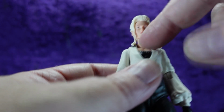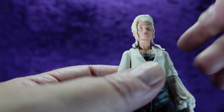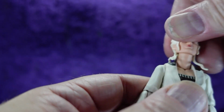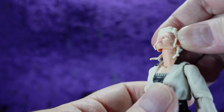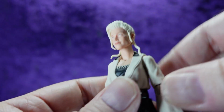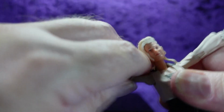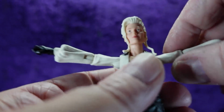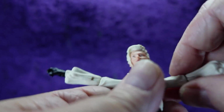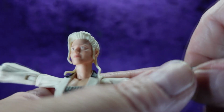She has the ball on the neck, or in the torso going up into the neck with a dumbbell from the top of the neck into the head, giving us full rotation around and really good down. Again, excuse me. Really good up. Awesome tilt on the head. Arms hinge at the shoulder. We're giving full rotation there. Very smooth joints on the arms, all the way out to there as I knock the camera with my wrist. We do have a single elbow, like pretty much they all are. Single elbow with a swivel down to the wrist, which is